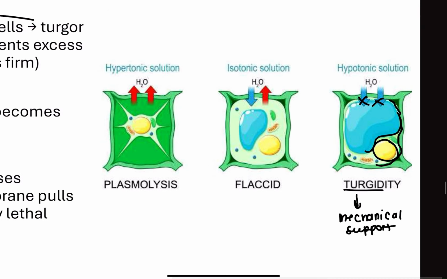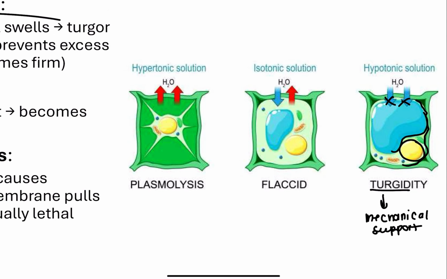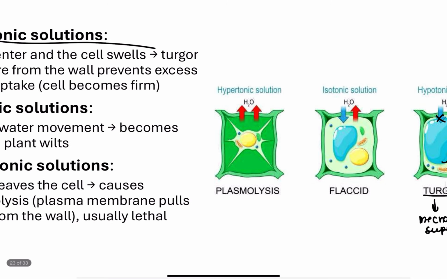But if a plant cell is in an isotonic surrounding, that means there's no net movement of water into the cell. And what happens is that the cell is going to become flaccid, so it's going to become limp, and then the plant will wilt. But when we are talking about a hypertonic solution,